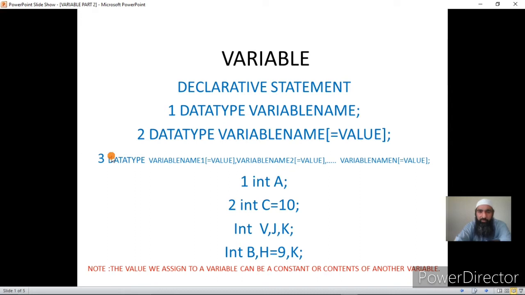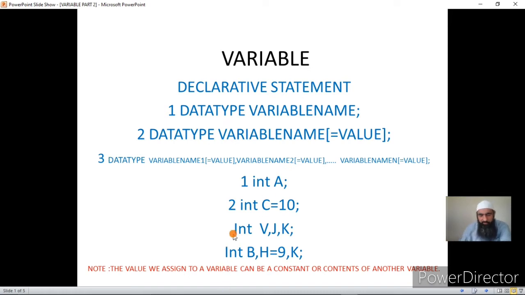Today we are going to learn one more thing, that is the general syntax for creating a variable or a set of variables. The syntax is the same as the previous two syntaxes with the difference that you can create more than one variable name using a single statement. This makes it easier for creating multiple variables, but these variables should have the same data type. Again, you will have the option of giving them a value or leaving them without a value. In that case they will be holding junk values.